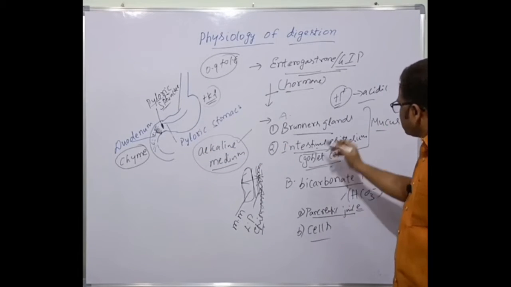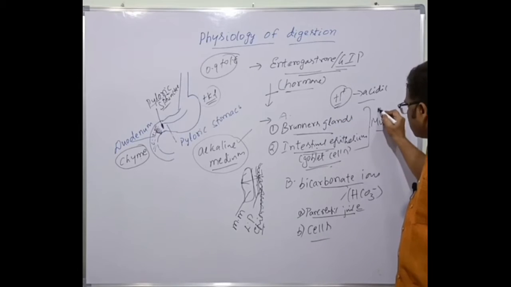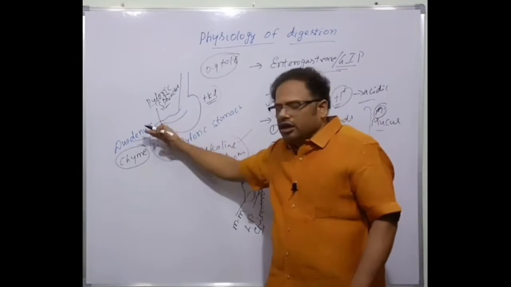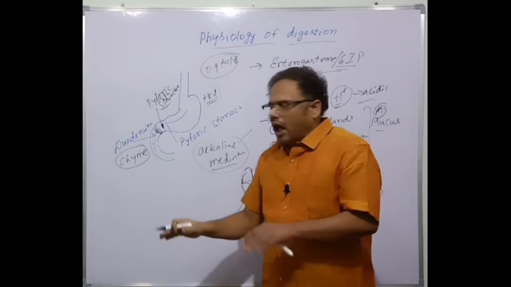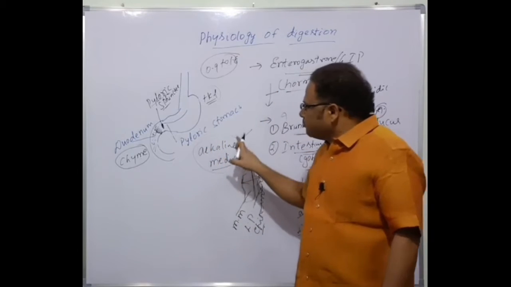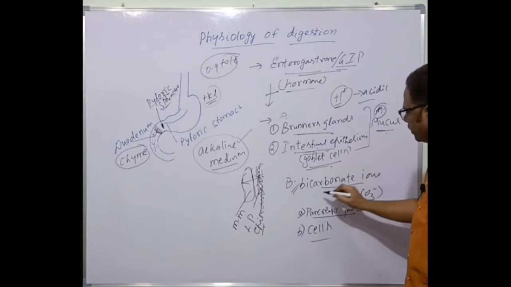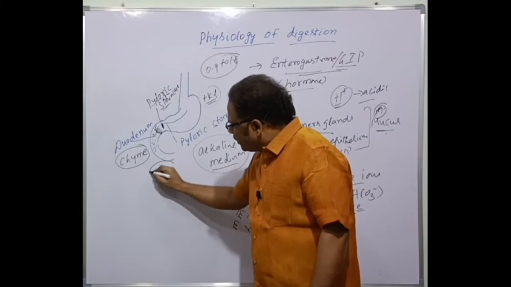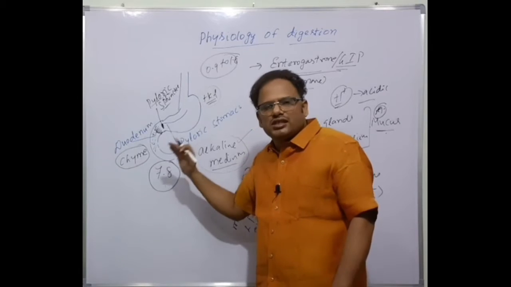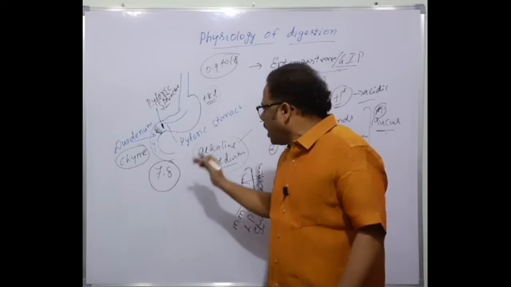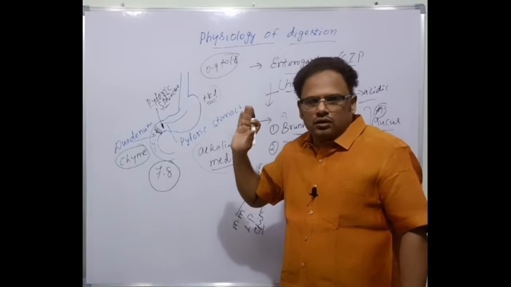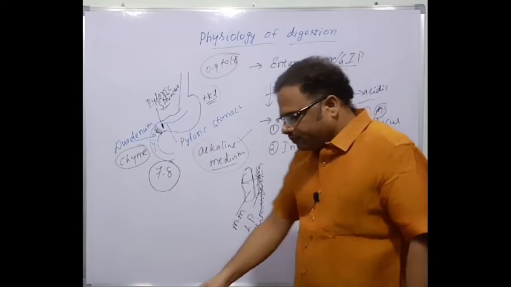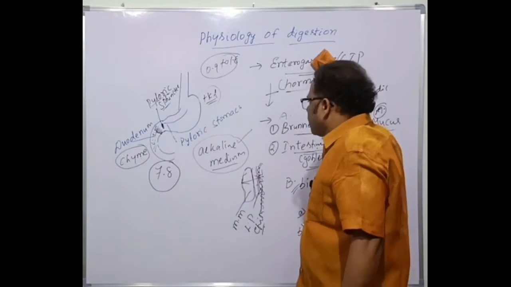So under the influence of mucus, number 1, and the influence of bicarbonate ions, the acidity is totally neutralized, buffered, and the alkaline medium is maintained because of the secretion of the mucus and the bicarbonate ions into the duodenum. As a result, the net pH value is maintained at 7.8 because enzymes of the duodenum are activated only under highly alkaline medium. So this is the second point to remember here. Okay, students. Now what happens to the digestion in the duodenum? How is this accomplished? Let's discuss now.